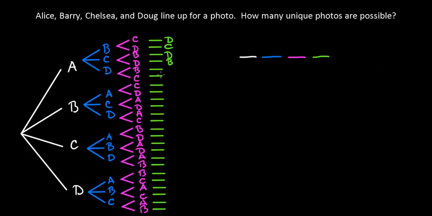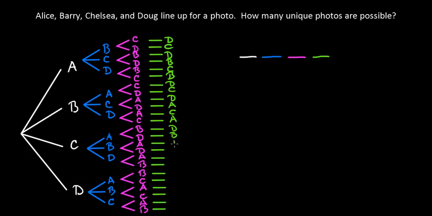So let's do that and finish this tree diagram off, and then start to try to find a shortcut to all of this. C and B. So again, if we flip the pink, we get the final stage of our tree diagram, and that's going to be D and C, I think. Yeah, D and C, and then that's going to be DA, followed by CA. And then B and D will switch to